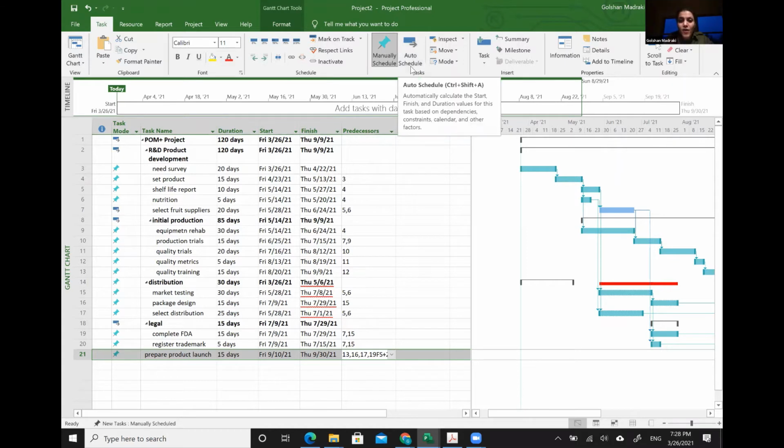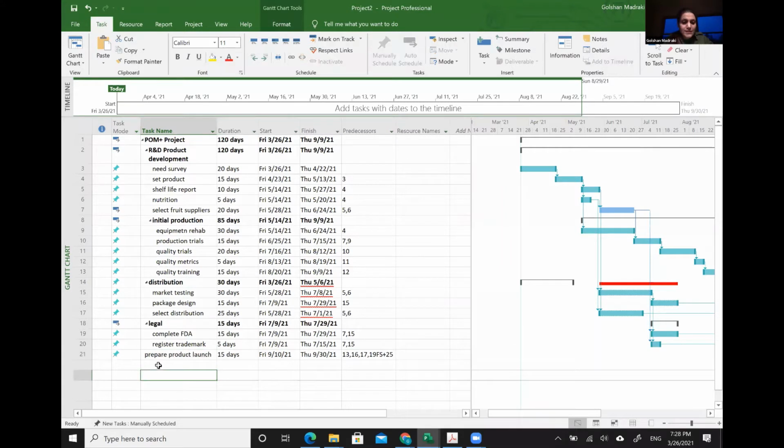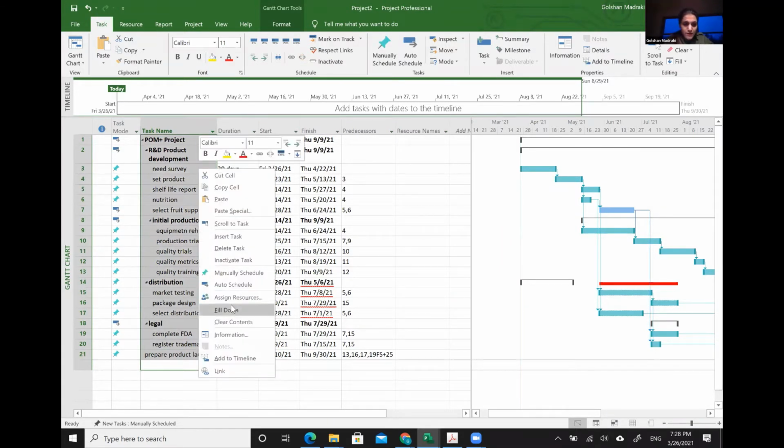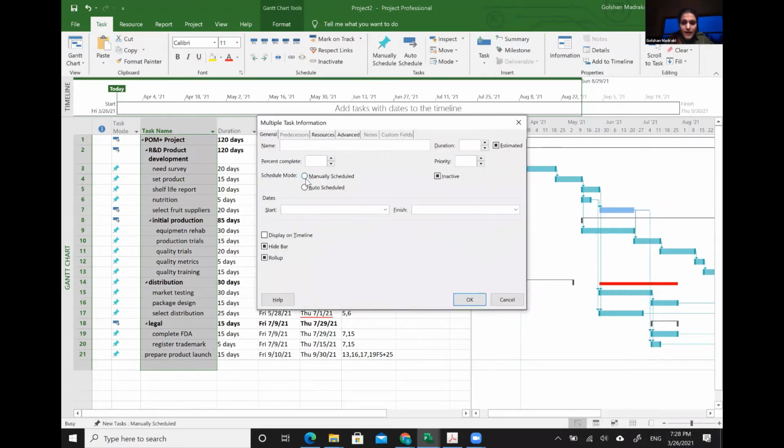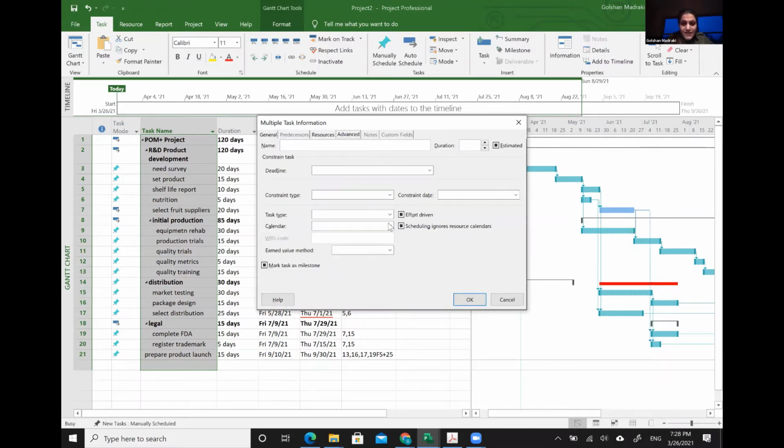You want to have auto schedule. So for that reason, select all, right click, go to information, then instead of manual, click auto schedule, and in the advanced, make sure that it's